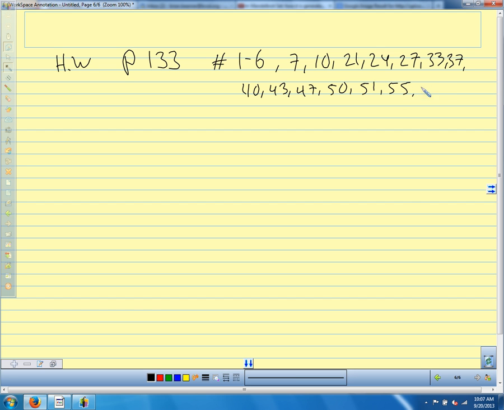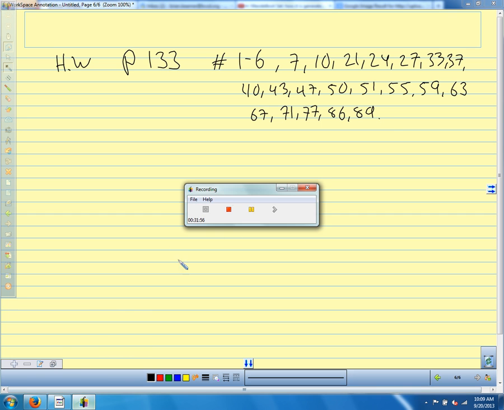And the reason I picked all these separate numbers is because I didn't want you guys doing like 10 different things where you're adding complex numbers. I wanted you to do just a variety of things. There you go. And then the other classes, they